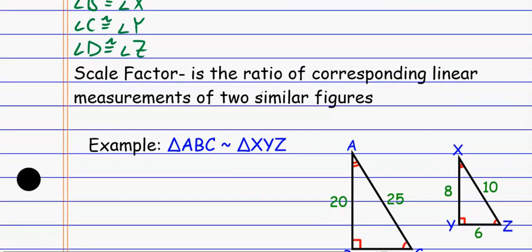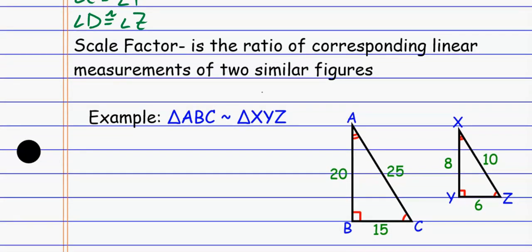The scale factor is the special name we give to the ratio of the corresponding linear measurements of the two similar figures. So to get from one figure to the other figure, the scale factor is essentially what we multiply by. It's the ratio that gets me from one side length to the corresponding side length, okay? And so if I look at something like this, and say, hey, to get from the big triangle to the little triangle, I have to think about the scale factor. Well,